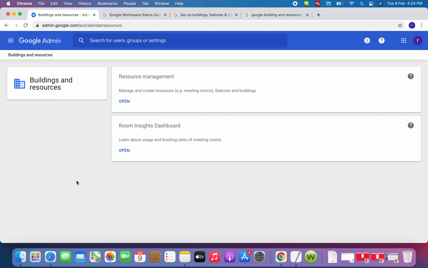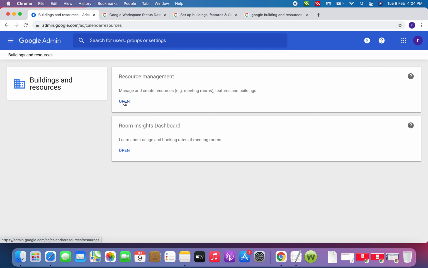When we create the resource, we have to provide details about that meeting room, like the capacity, and available devices like a projector. Is there any facility for video call, audio call? All these things you can mention in that particular resource.